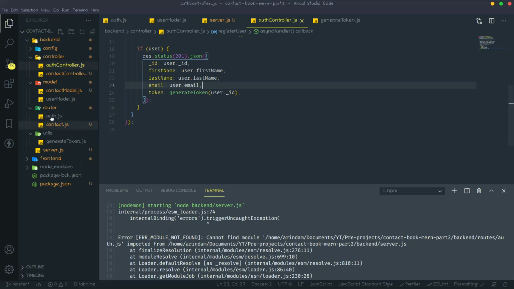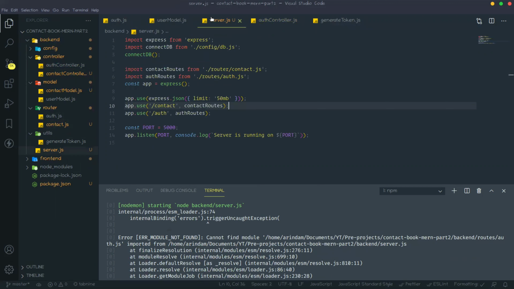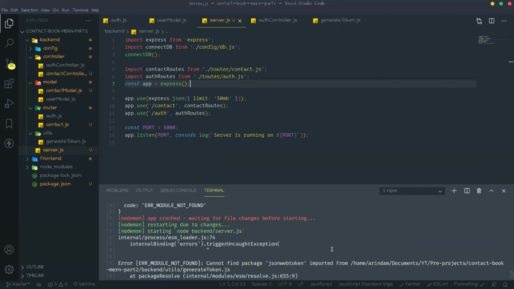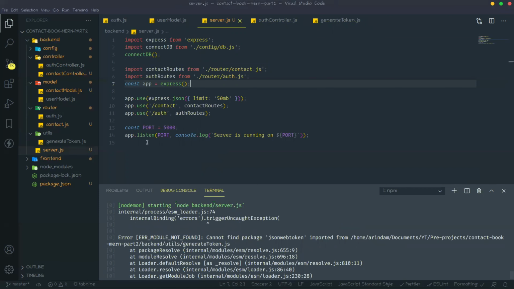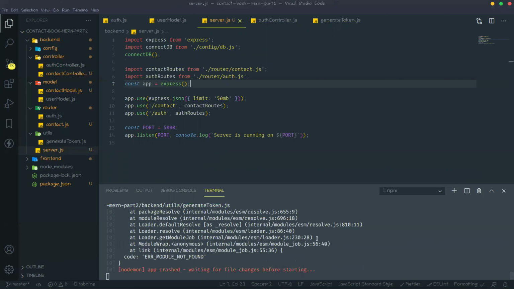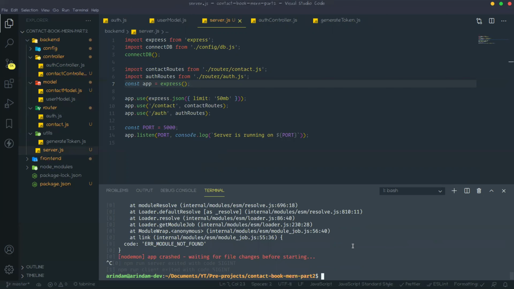Okay, auth.js, go to server, that should be router, generateToken. Okay, the JSON web token we need to install, so npm i jsonwebtoken.